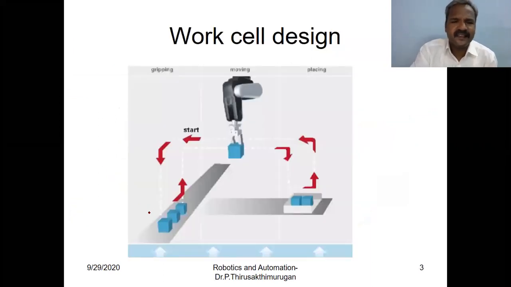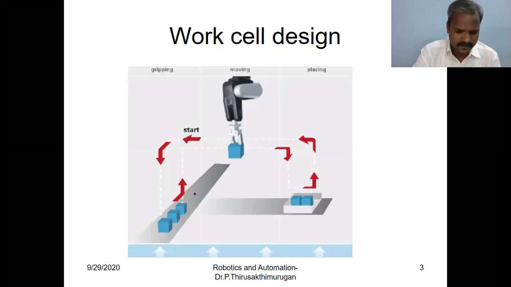This is a work cell design in a cabin. We already discussed what is meant by work volume or work cell. What is a work cell? The area covered by the manipulators. There are different types of work cells we discussed: cylindrical, spherical, rectangular, and polar. So four types of work envelope or work cell design we studied.